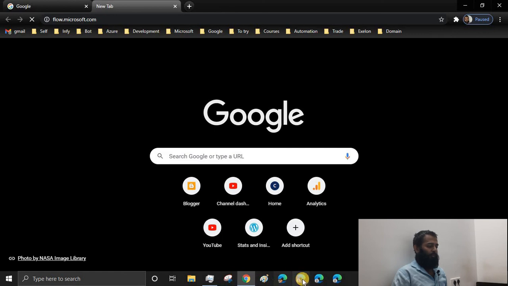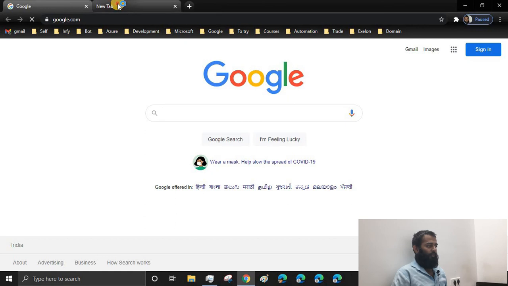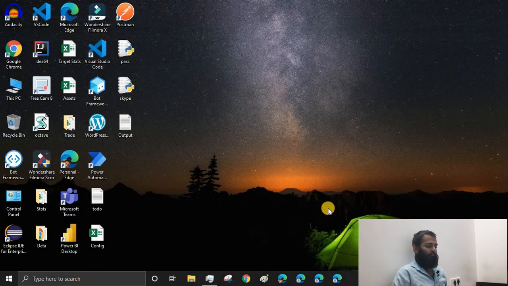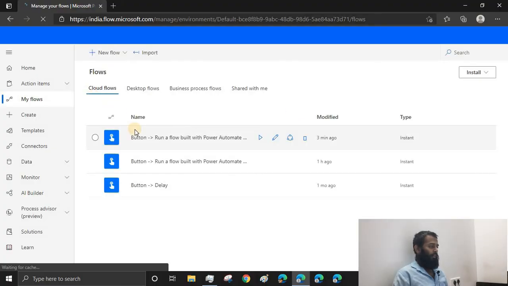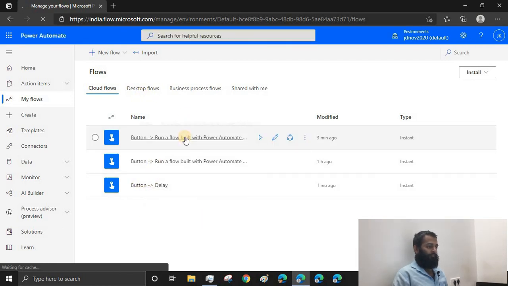Okay, let me open an Edge browser, and from there I can trigger this one, because I don't have to open multiple Chrome browsers. Fine. I can log into Edge, and then from there I can trigger this flow. Alright, I have logged into my Edge browser, and then I can trigger this flow.